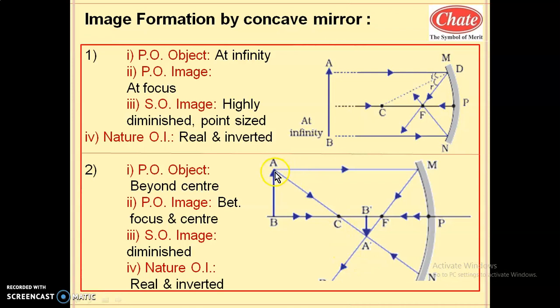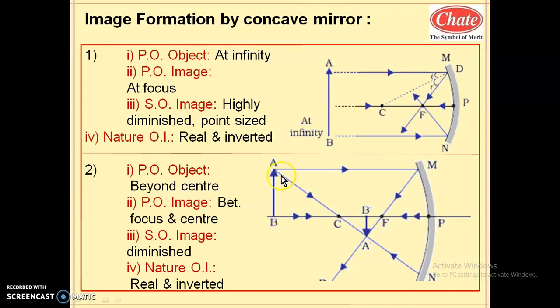Similarly, draw a second ray by using the second rule. So here actually a third rule is used. You may use the second rule. If the ray is passing through the focus, then the reflected ray will be parallel to the principal axis. Wherever it intersects, you will get the image. Any two rules you have to use, because wherever two rays intersect, that will be the position of image.